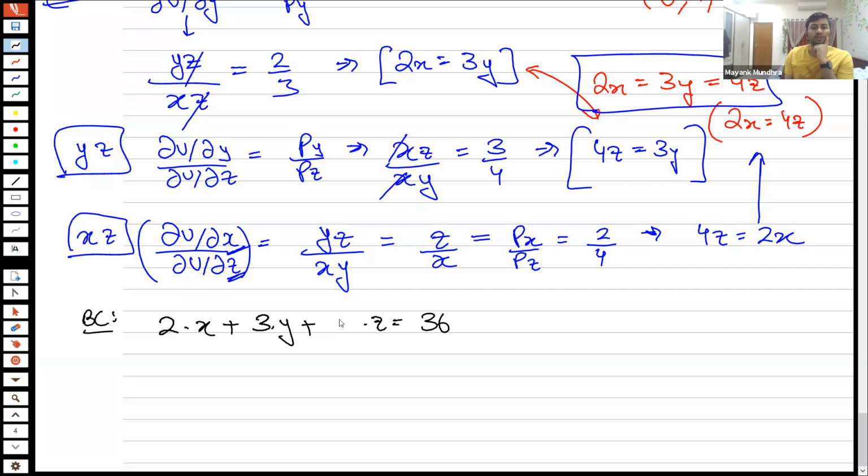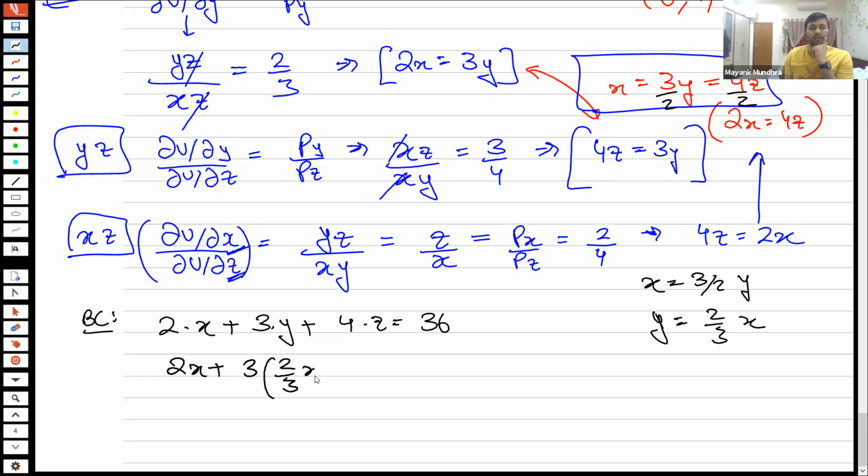2, 3, 4. Okay. Now from here, what I can write is I can divide this entire equation by 2. Right. So x equals 3 by 2y, or y equals 2 by 3x. So I can write that as an equation. So y can be written as 2 by 3x. So 2x plus 3 times 2 by 3x plus